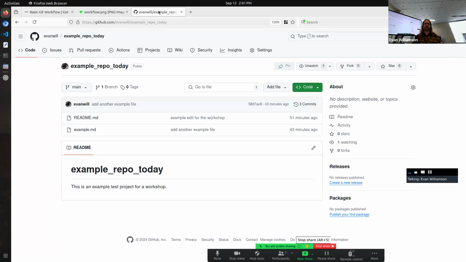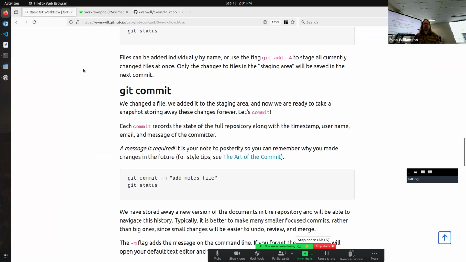So if I go over to GitHub right now just to prove this, and I refresh that page, those changes are not here. This commit message is not there. So this is local first. We've done the work locally. We haven't put it up onto the remote. So what we're going to do is